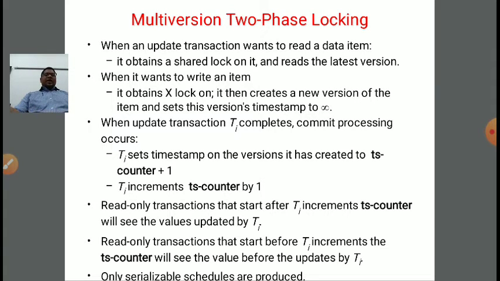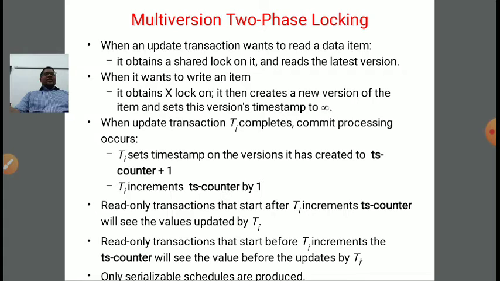Now when update transaction Ti completes, it commits its processing, which results in Ti setting the timestamp on the versions it has created to TS counter plus 1. So it will increment the TS counter by 1. Now transaction Ti increments TS counter by 1.